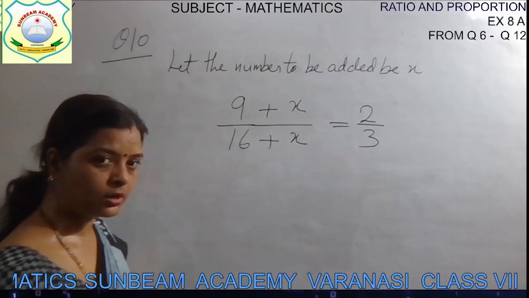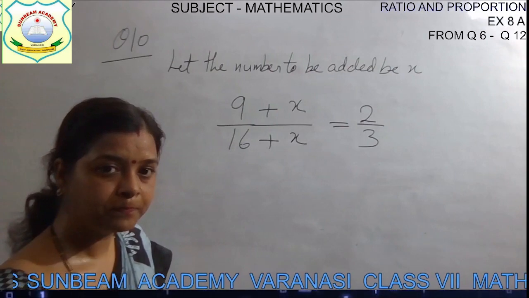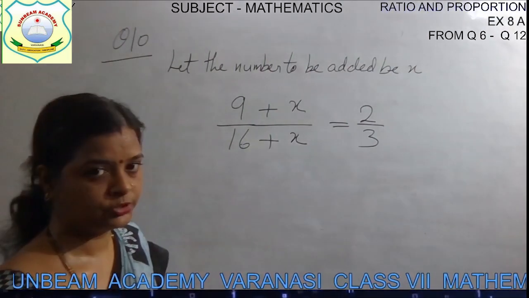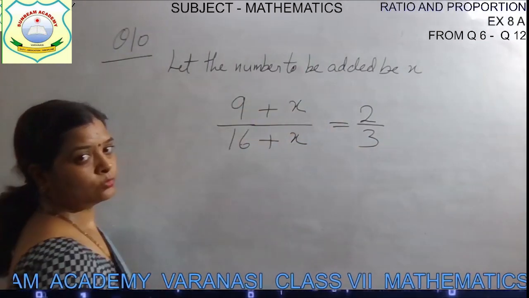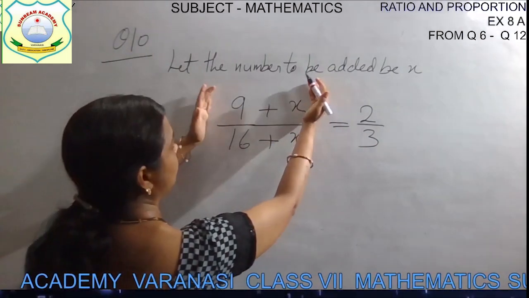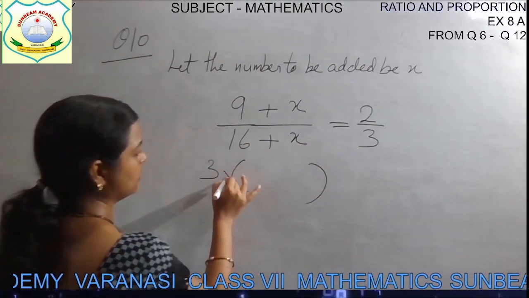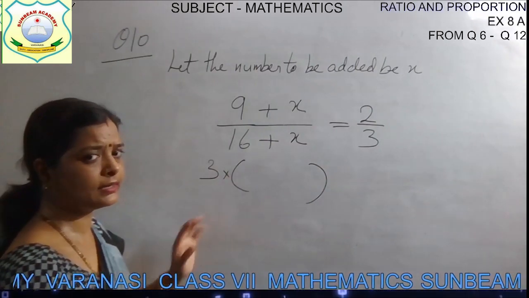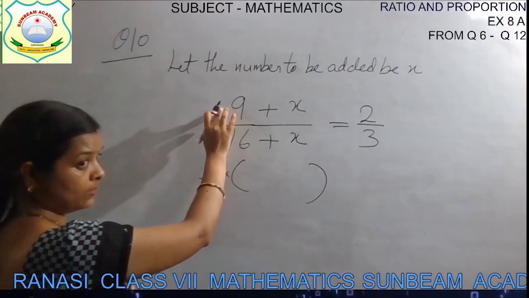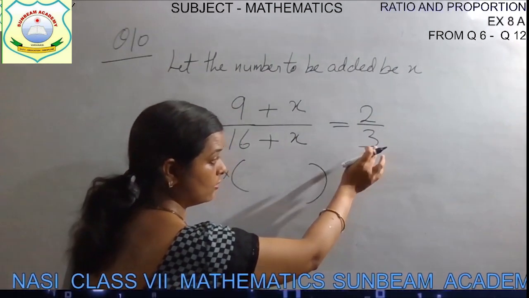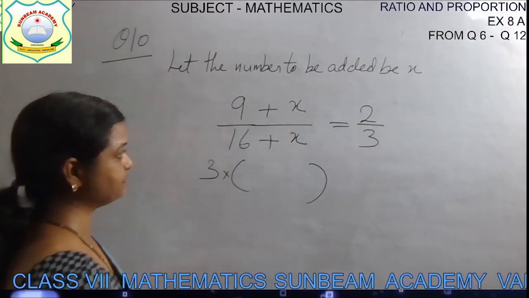Now you know how to solve this. Do you remember the last question of exercise 7a? It is the same, children. Let's solve it. This 3 will be transposed to the LHS and it will be multiplied in the numerator. So just multiply 3 and keep it in a bracket, children. You can write a multiply sign also, or the bracket itself is a multiplication. Because here it is in the denominator, when it is transposed here, it will go in the numerator.